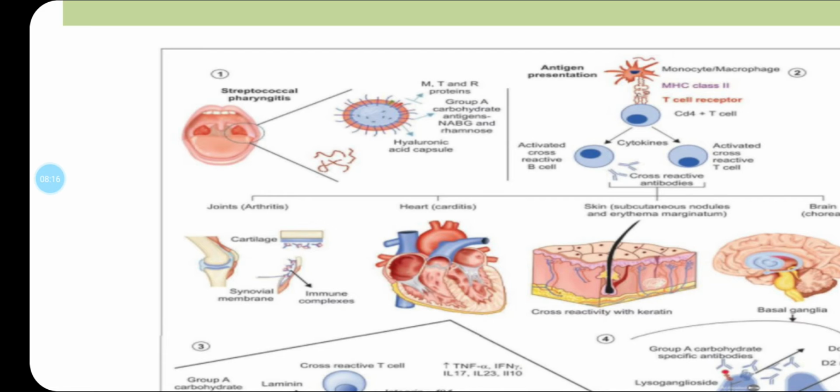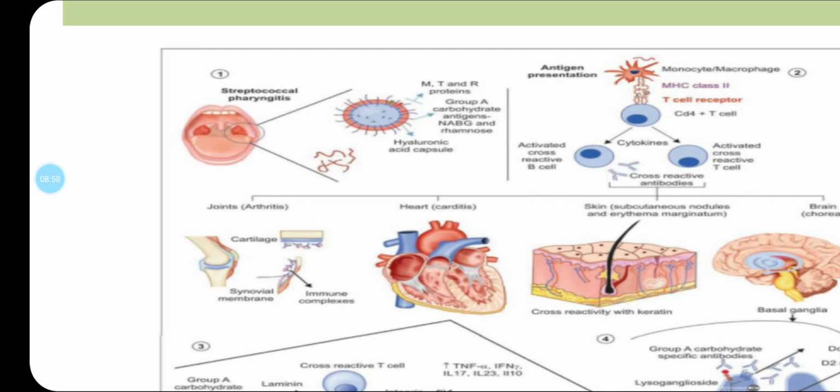is recognized by the T cells, these T cells are activated and produce a lot of cytokines, especially interleukin 4, which stimulates the B cells to proliferate and differentiate into plasma cells. These differentiated plasma cells produce the anti-streptococcal antibodies, and simultaneously some of the cytokines convert these CD4 T cells into autoreactive T cells.